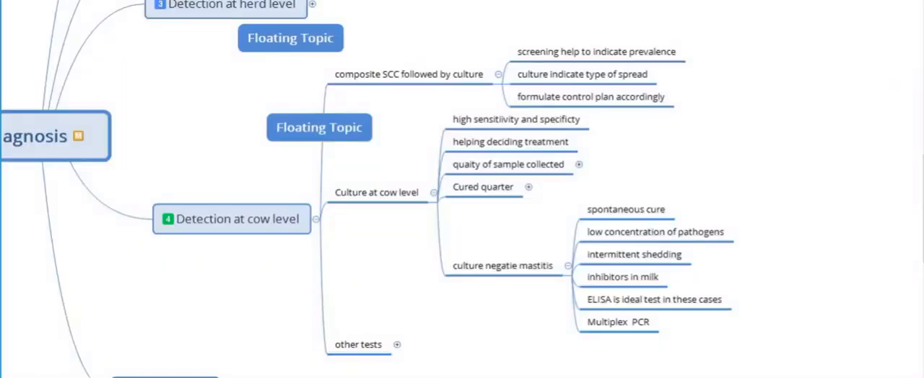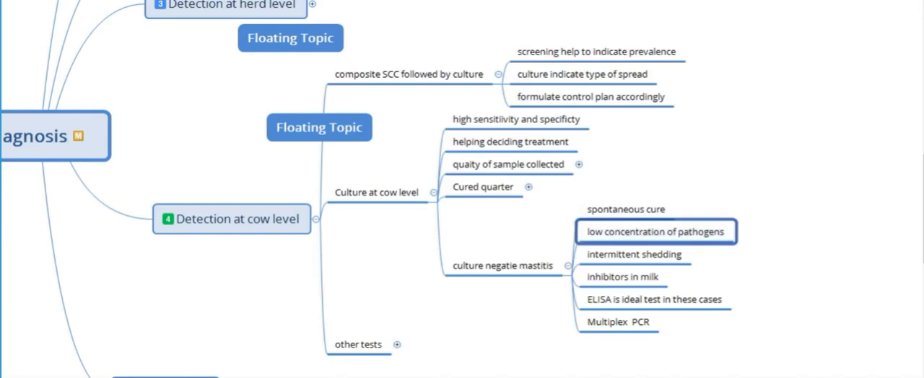The body may react to the infection, and the infection is warded off. So the mastitis can cure spontaneously also. So it could be because of spontaneous cure, or it could be because of a very low concentration of pathogens. Some pathogens may be forming certain biofilms, or becoming intracellular forms or L forms, and they may shed into the milk only very occasionally. So if you are collecting milk when the bacteria is not shed in the milk, then again you may get